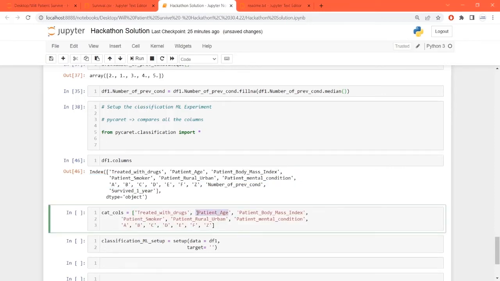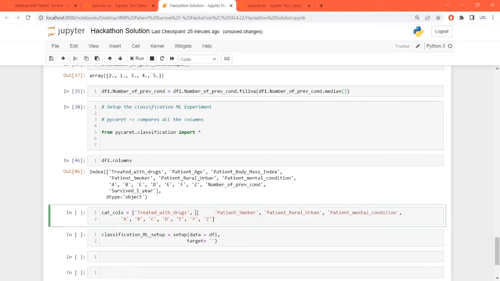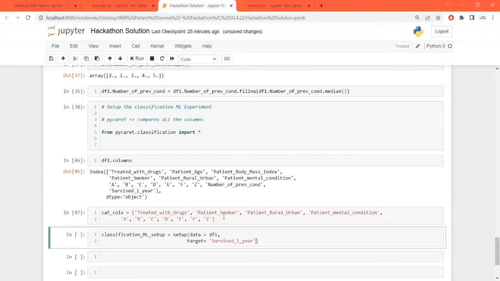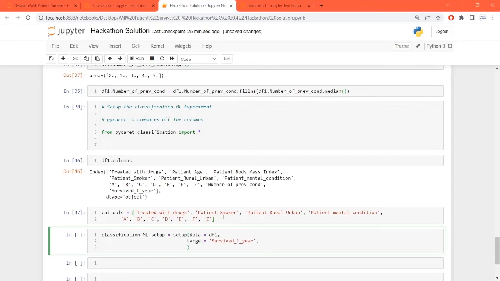So I'm deleting the age and body mass index, the numerical columns. And after this, the rest is correct. Categorical features is equal to cat cols.